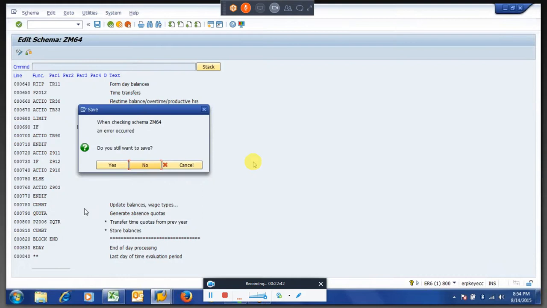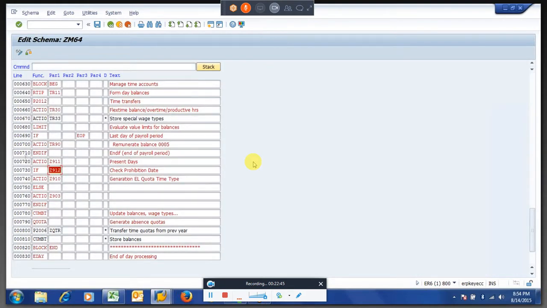Okay. See what I am doing here, I will explain again. If you know, it's simple to understand: if, else. If this condition is true, then this line will be read. If not, it will go to else and this line will run. Then every if should stop with an endif. I will tell you one thing: first, if we create this, then you will understand if, else, and endif. This is within the schema.